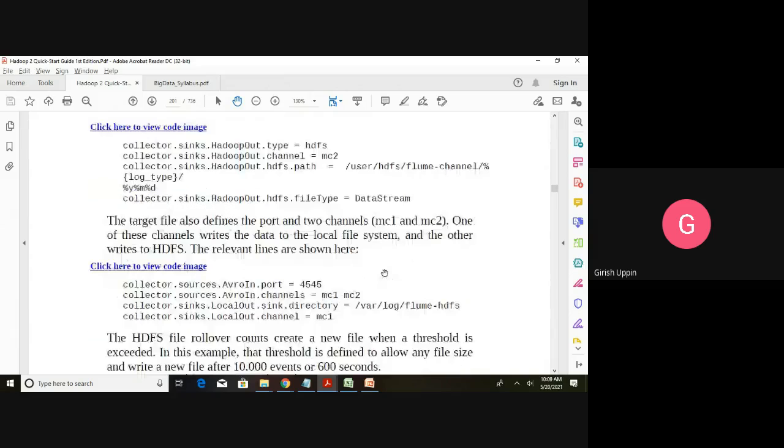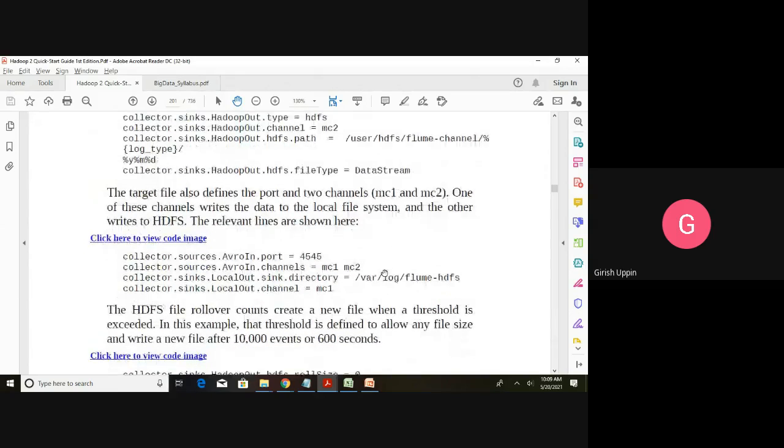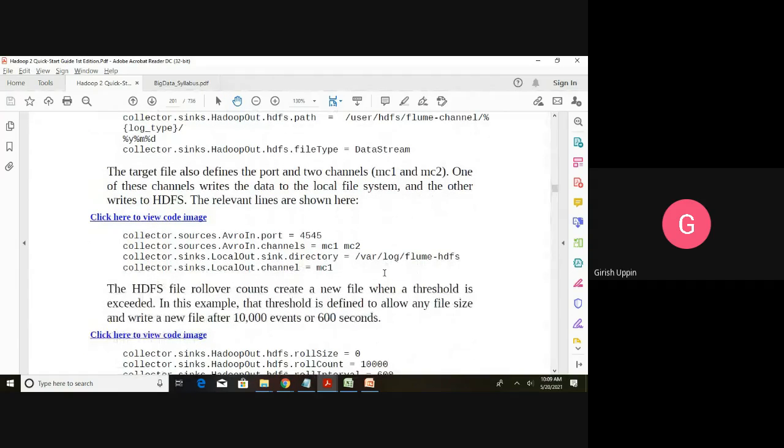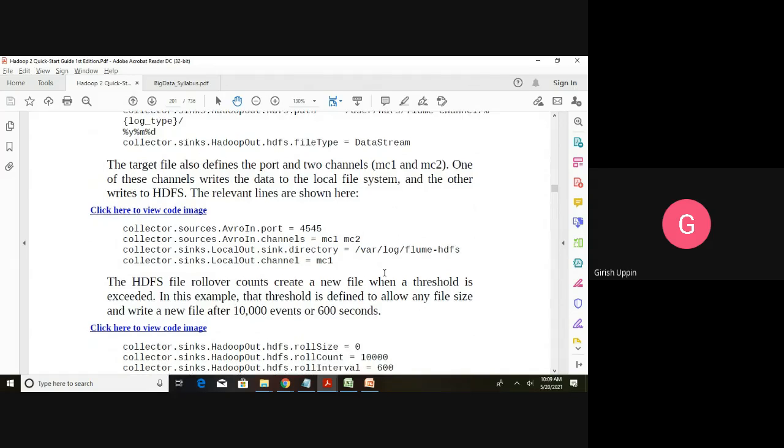And if you see the collector, the target file also defines the port and two channels, MC1 and MC2. One of these channels writes the data to the local file system, and the other writes to the HDFS. So we have one channel writing into the local file system, and one writing into the HDFS system.